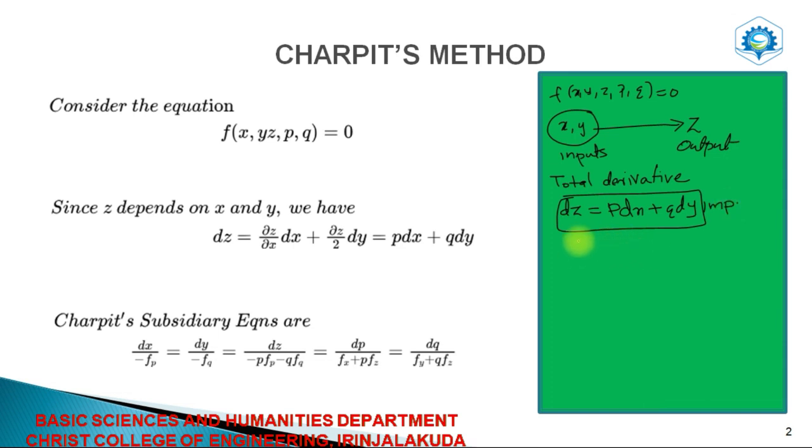Now here, what about these representations? fy means dou f by dou y. Similarly, the results hold for x, z. Now what is fp? fp is dou f divided by dou p, no doubt about that. fq equal to dou f divided by dou q. Similarly, fx is dou f by dou x, fz is dou f by dou z. So first of all, in solving a problem, you have to find all these partial derivatives.